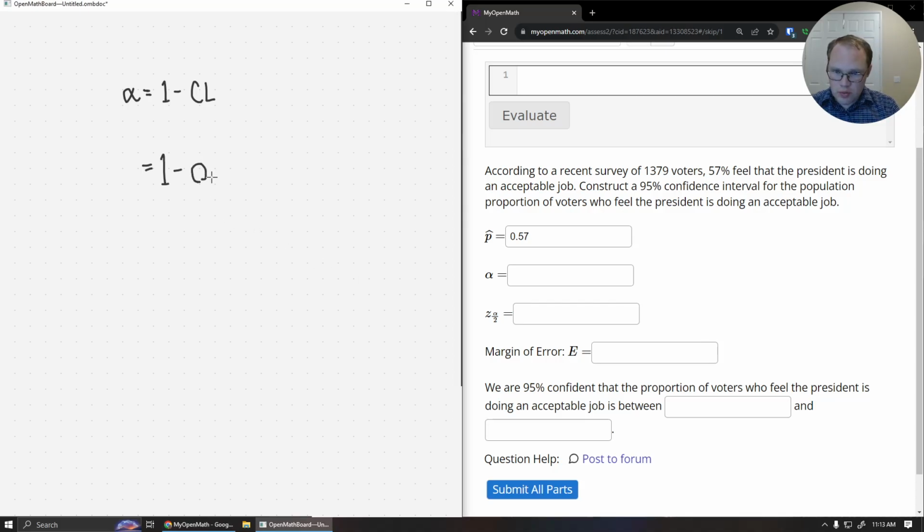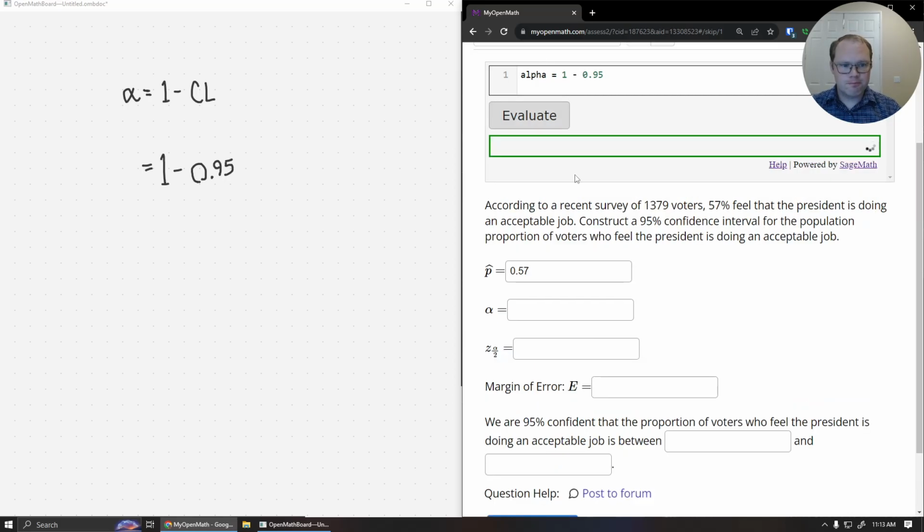And so 0.95, which means my alpha is equal to 1 minus 0.95, or 0.05. Okay? Now we want to find z alpha over 2. The idea here being we need the z-score